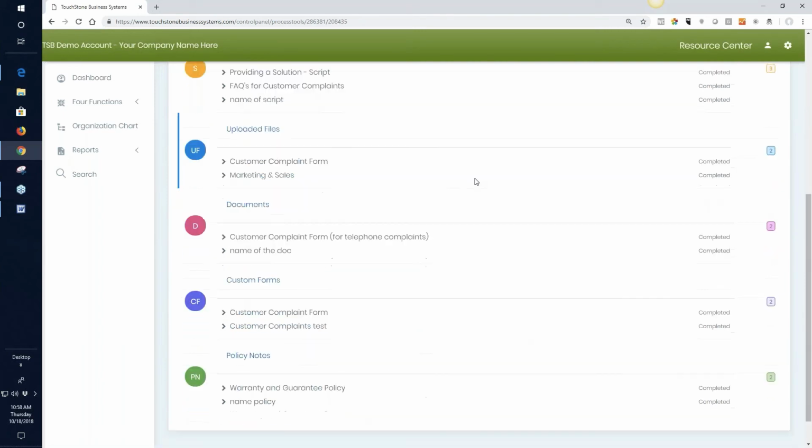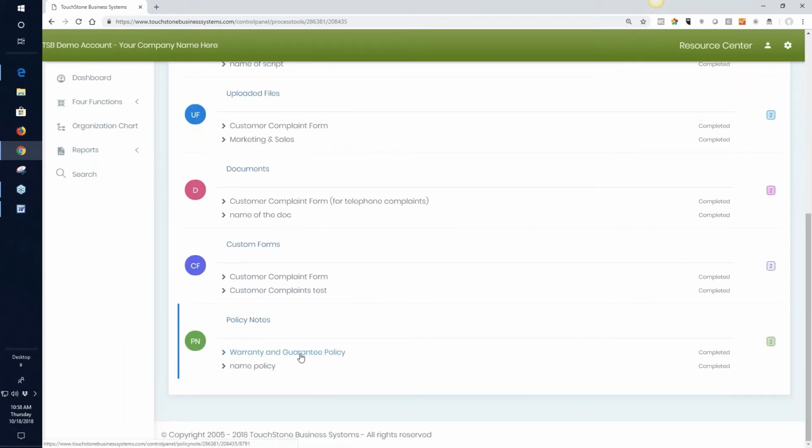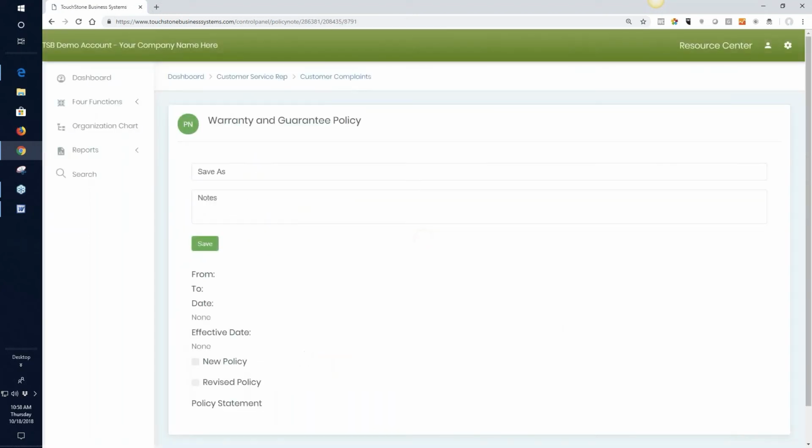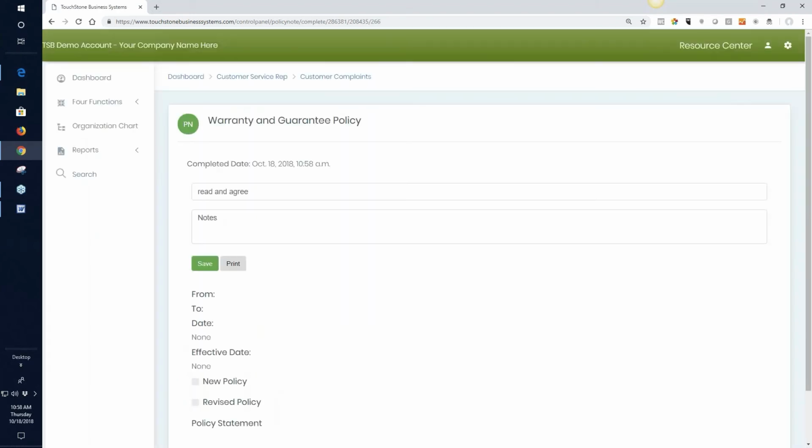For policy notes, like this one we just looked at, you can even have the employee go to this and click on it, and then right here put "read and agree." And then they save it, and that's just evidence to the manager that on this date and time the employee read and agreed to it. It's just good for verification purposes,